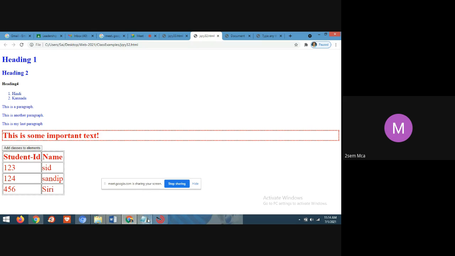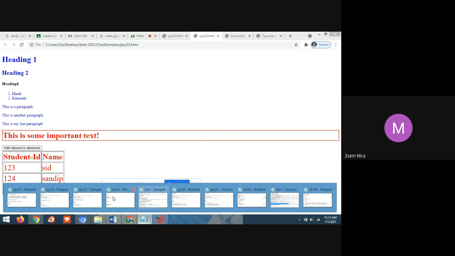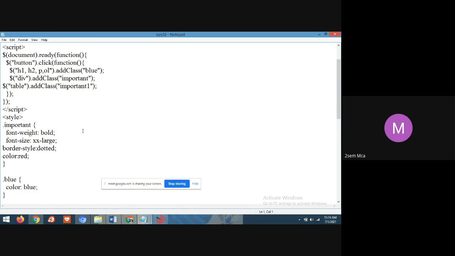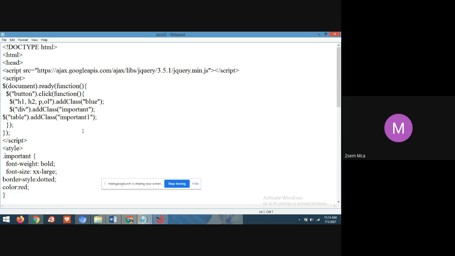So this is how you can include CSS concepts in the jQuery program. See, students, here I have combined CSS, HTML tags and jQuery.